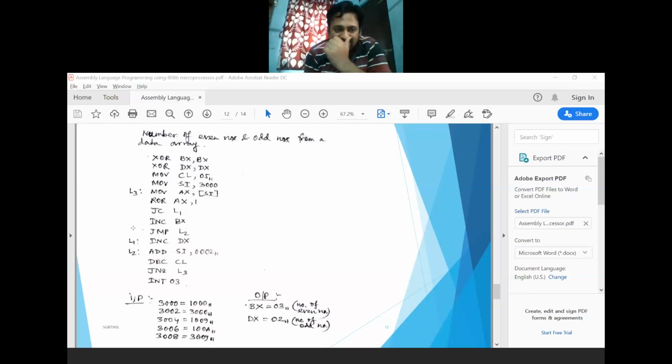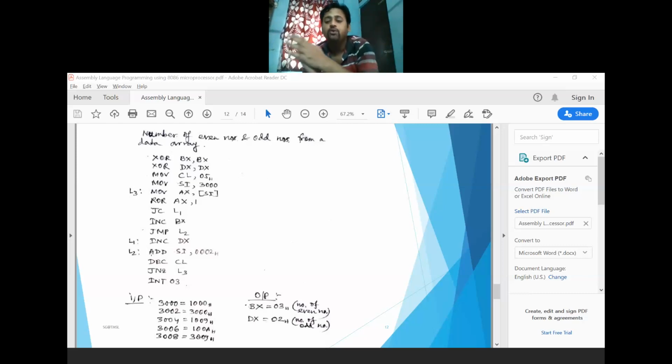Now if there is any carry, it goes to this location, then comes in this way. But if there is no carry, first perform this, then again it jumps from this to this memory location, because at that time you don't need to consider this. That's why you need to go to this memory location, because your next data byte is stored in the next consecutive memory location.